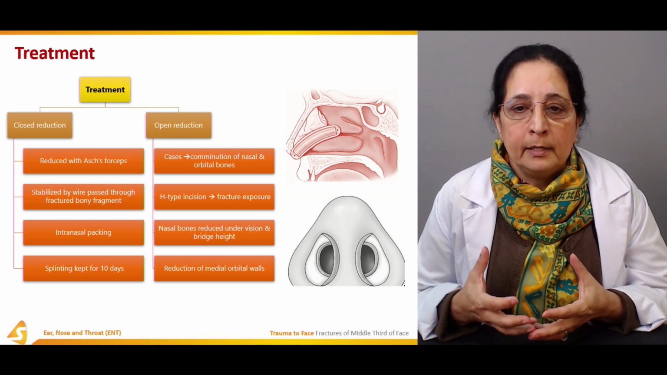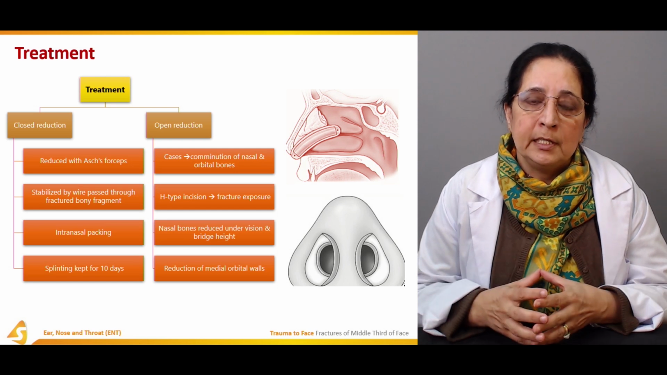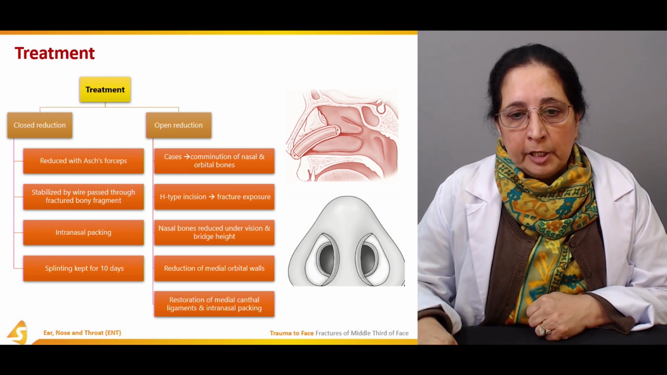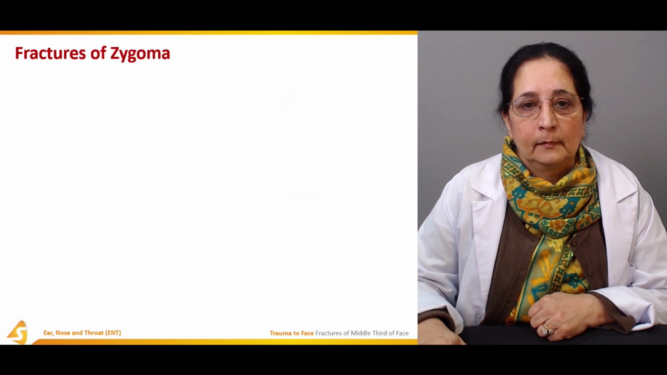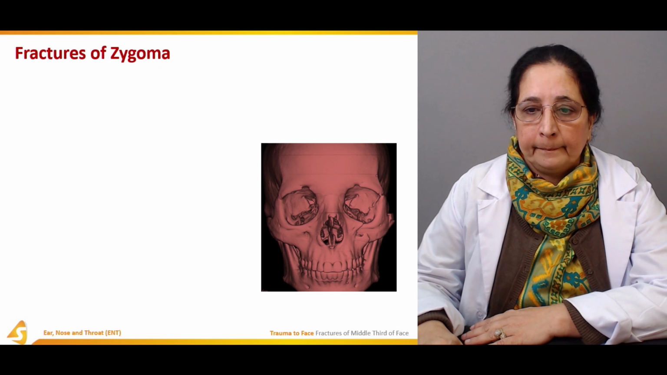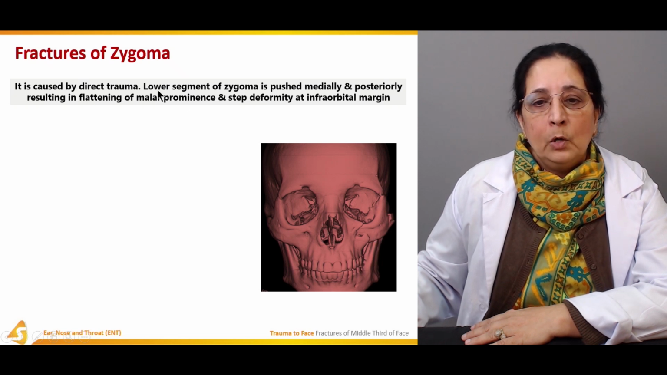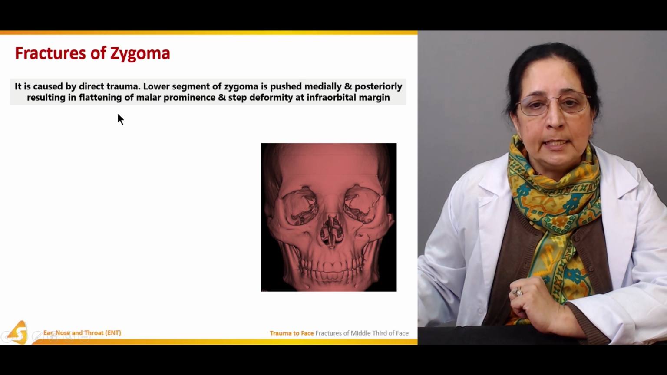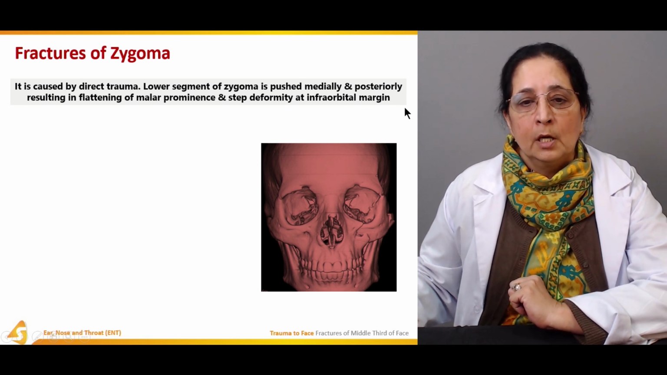Open reduction is done usually where there is comminution of nasal and orbital bones, small pieces are present, and an incision is given to reach the site, and then it is fixed. Restoration of medial canthal ligaments and intranasal packing. Fractures of the zygoma, which is the other bone present in the middle third of the face, are caused by trauma. The lower segment of the zygoma is pushed medially and posteriorly, resulting in flattening of the malar prominence and step deformity at the infraorbital margin. So there is